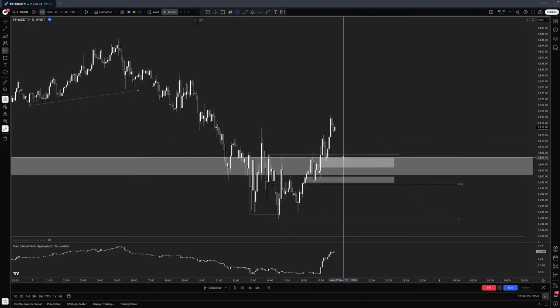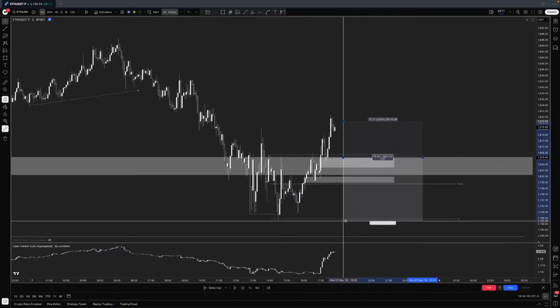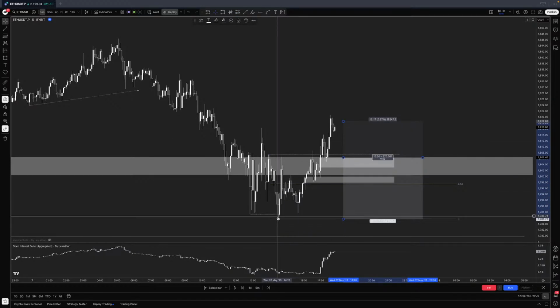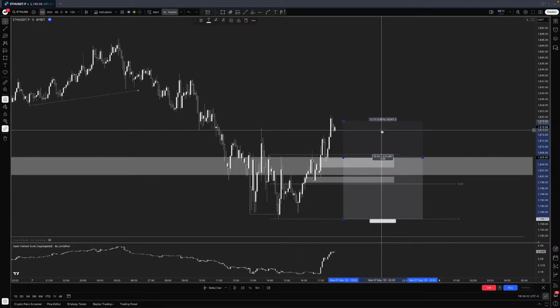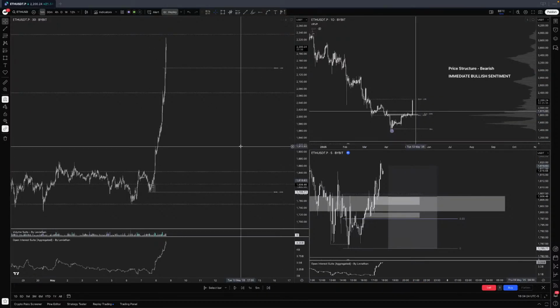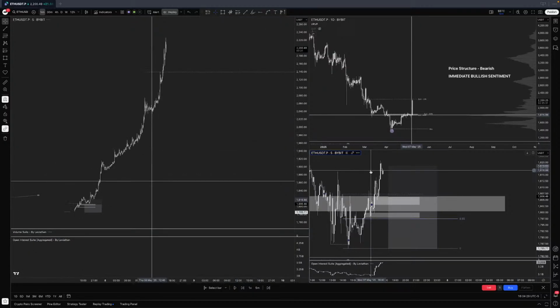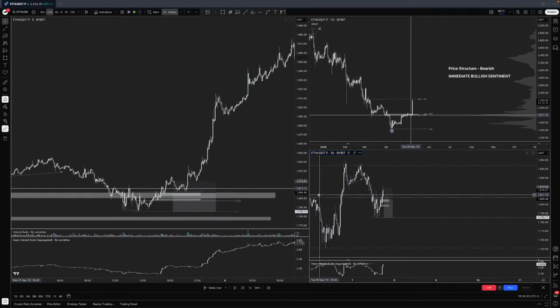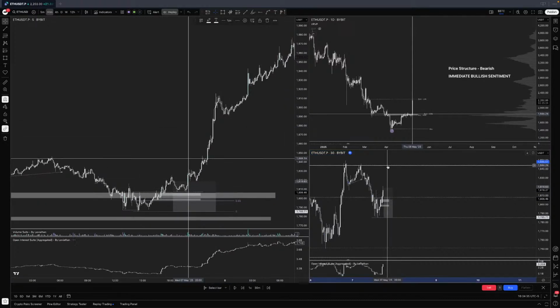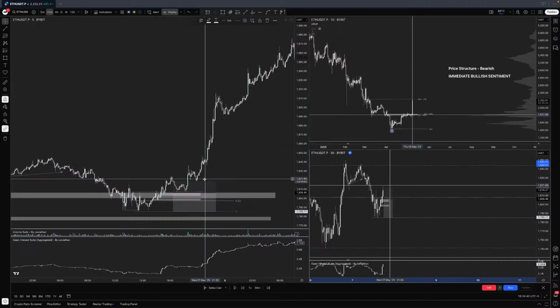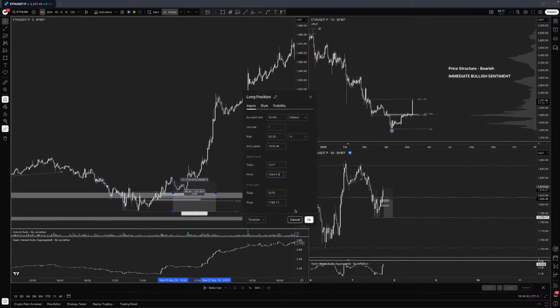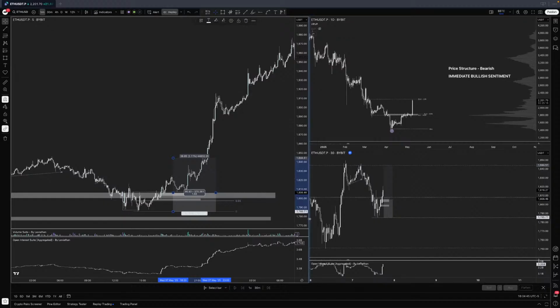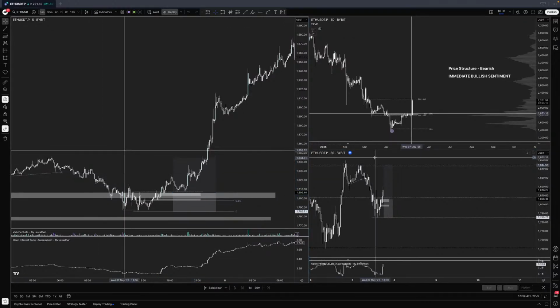Okay, so what I'm going to do is the following. I'm going to set limit entries over here. My stop loss is going below this level, okay, the last level where liquidity was taken, all right? And my overall take profit, okay, if I go to the 5-minute chart over here and I put the 30-minute chart over here, I know that my immediate level of profit is the next volume level, which is around 1844.5. So these take profits should have been around 1844.5, all right, for this entry over here.